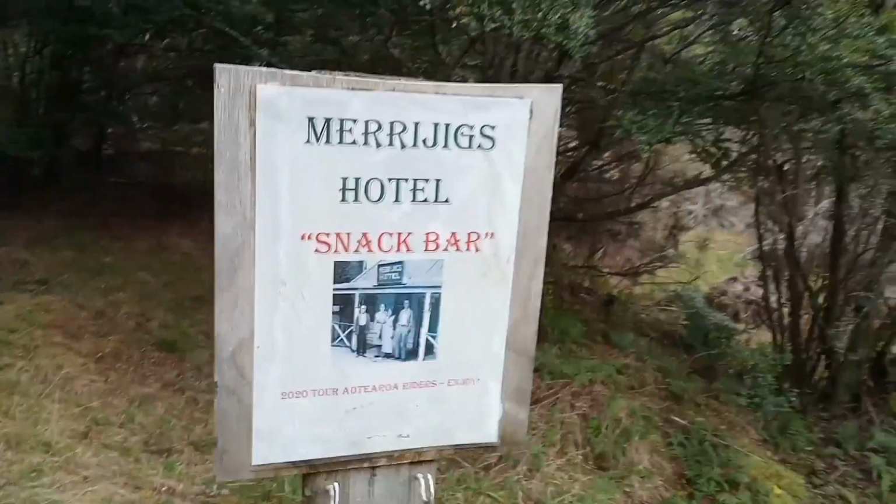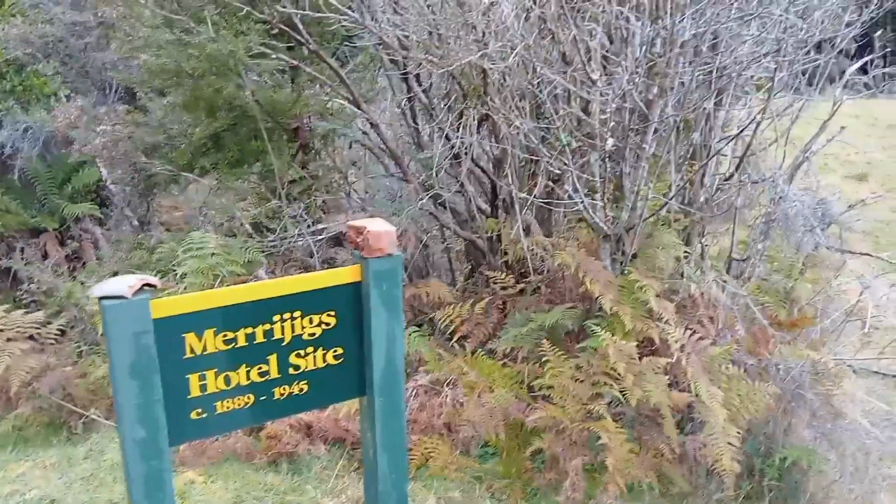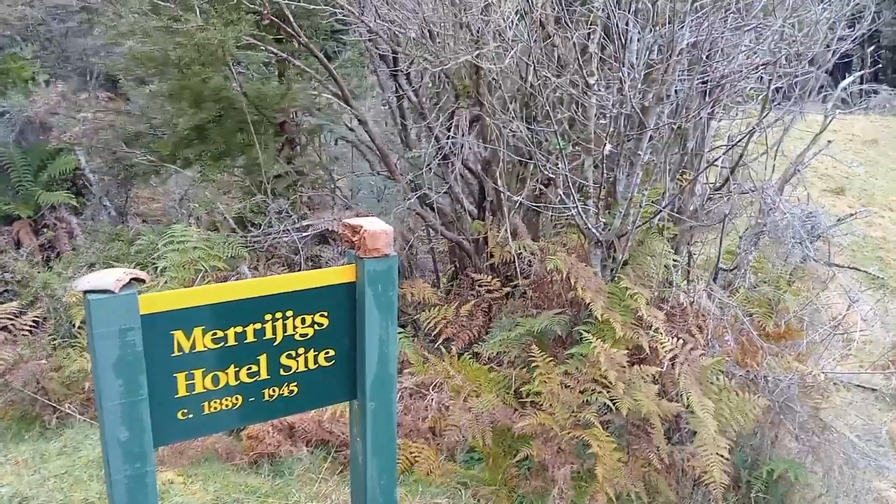So this is what they called a hotel back in the day. It's just the site of it. There's no building here anymore. Well, it was last in use in 1945, so